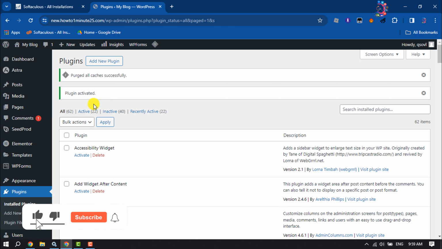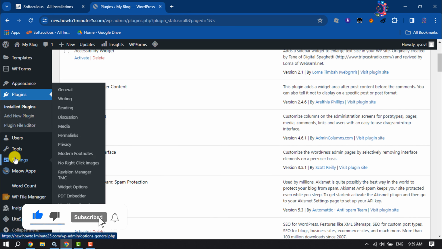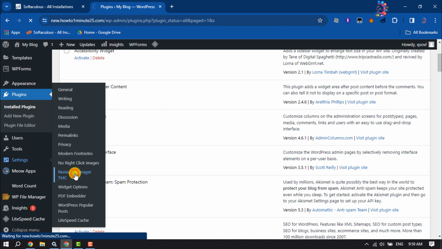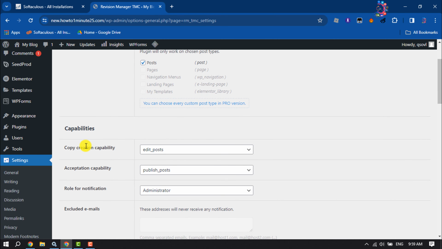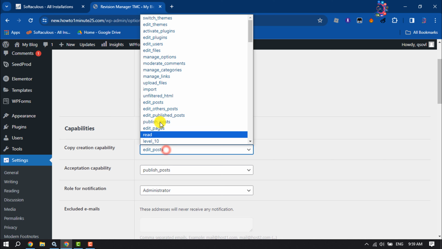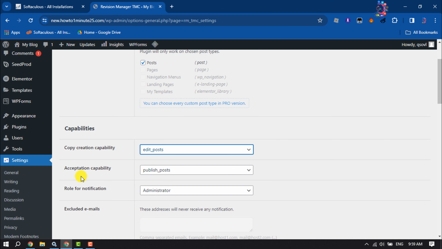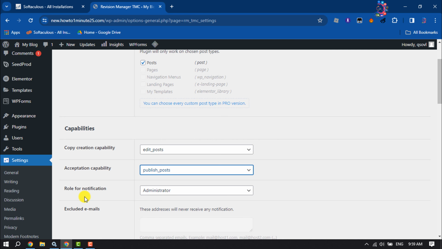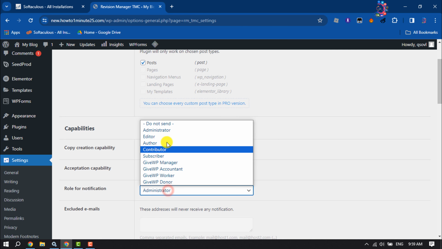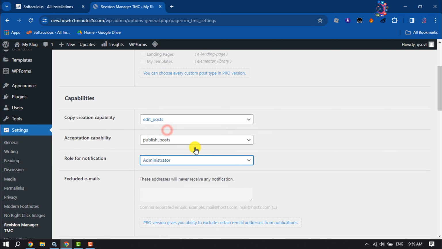Once the plugin is activated, hover over Settings and click on Revision Manager TMC. Post types, select Post. Capability section, copy creation capability. I'm selecting here edit post, and here selecting publish post. Role for notification, select any